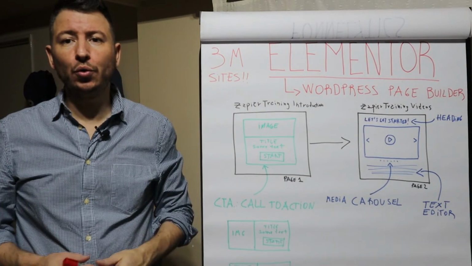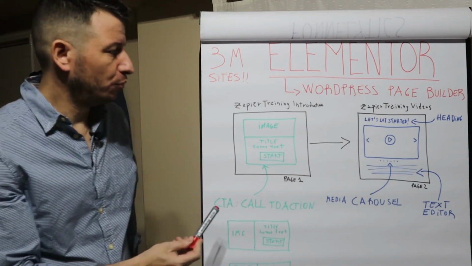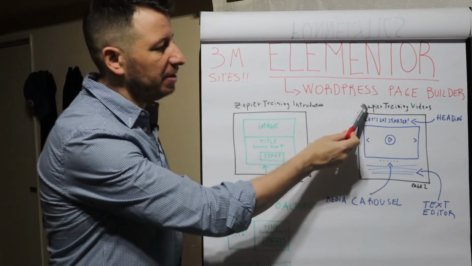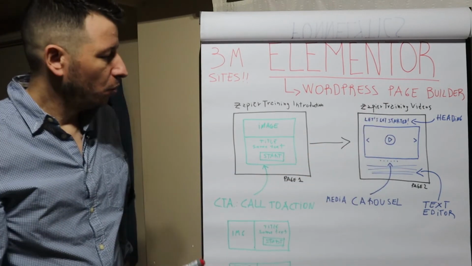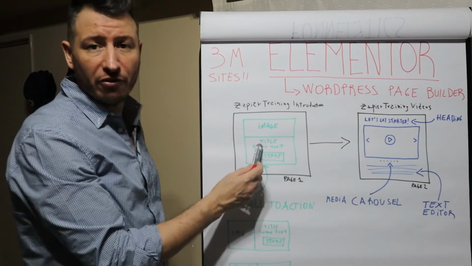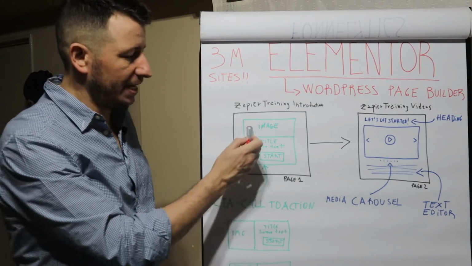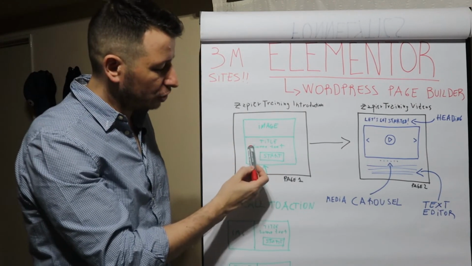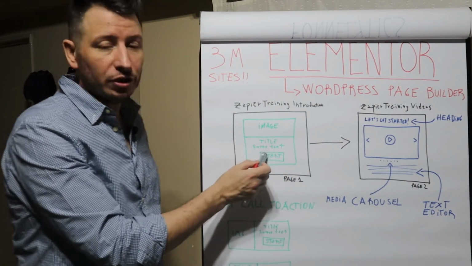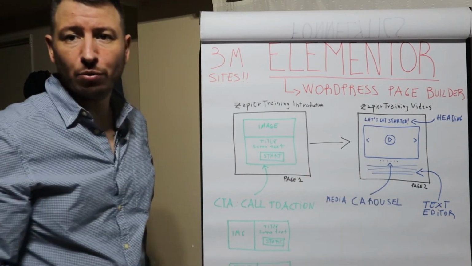Today, I want to show you how to use Elementor. We are going to create 2 pages. We're going to create a Zapier training introduction page and a Zapier training videos page, where we are going to include the call to action element in the first page. Typically, this widget includes an image, a title, some text, and a call to action button. And clicking on that button is going to redirect us to the second page that we are going to create,